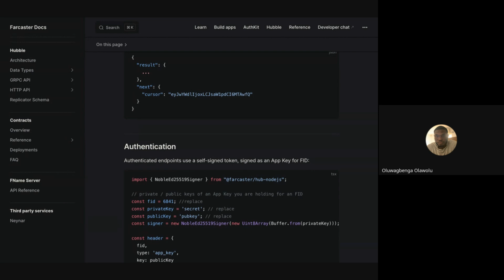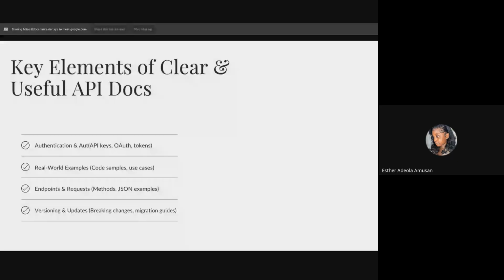Yeah. So does this answer your question in terms of structure? Yes, it does. I think there's more clarity as to what you mean. Thank you. All right. Does anybody have a question? You can drop it in the chat box. You can raise your hand so Benga can answer the questions.